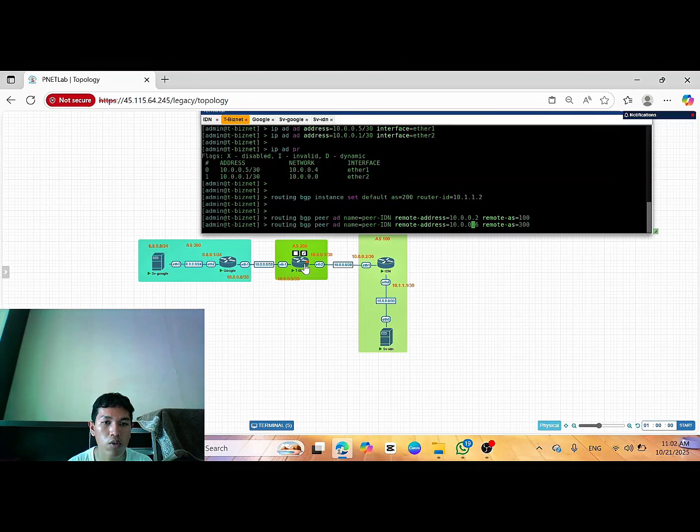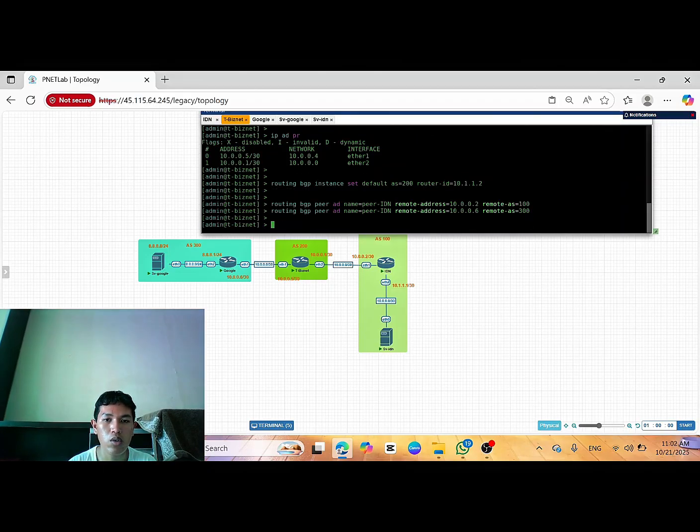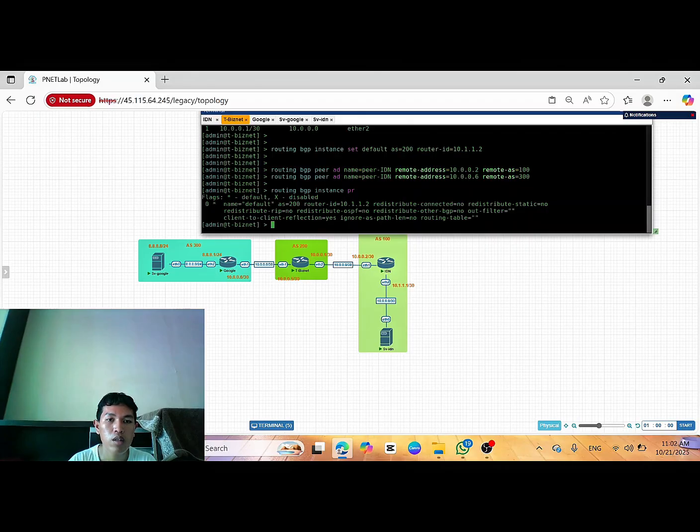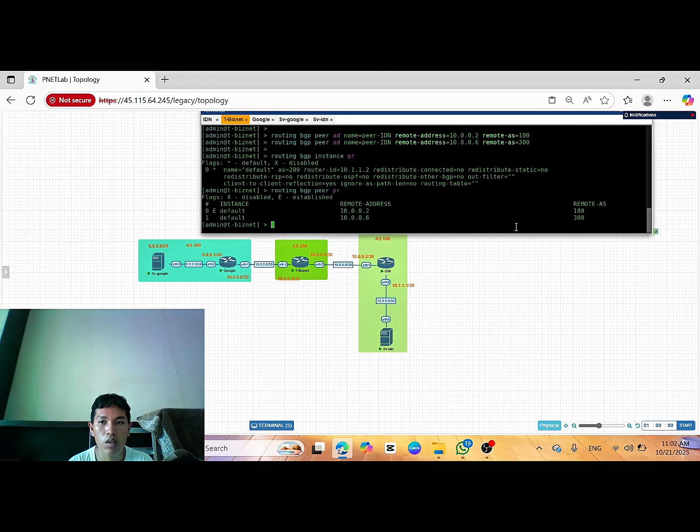I think you can practice this. For the verification, routing BGP instance print, you can see this is the router ID of BizNet, and routing BGP peer print shows remote AS local and remote AS Google.